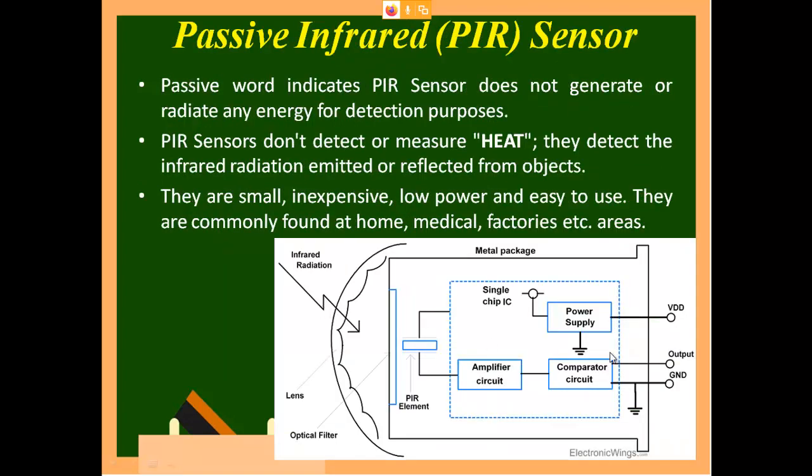Then what we do is, we have a comparator, we compare, and the comparator is operated in differential mode. When the comparator is operated in differential mode, and if the two images are the same, then the output of the differential is 0. So nothing will come. If there is a difference, then you will have an output, and the power supply is required for operating your comparator and amplifier.